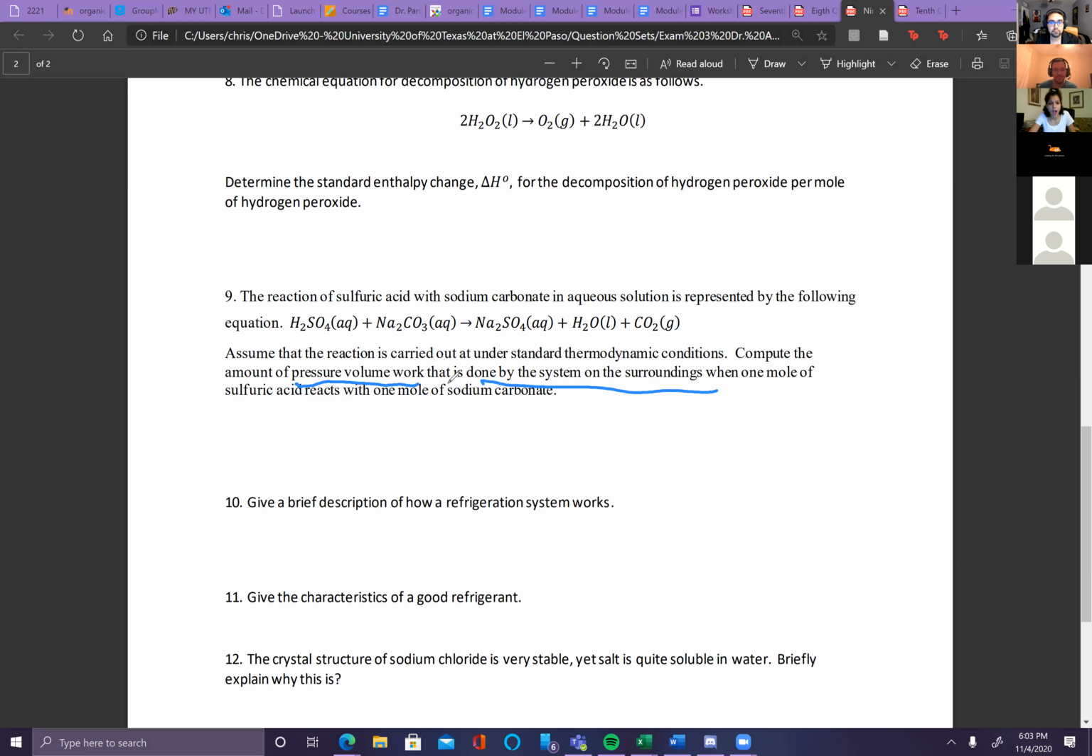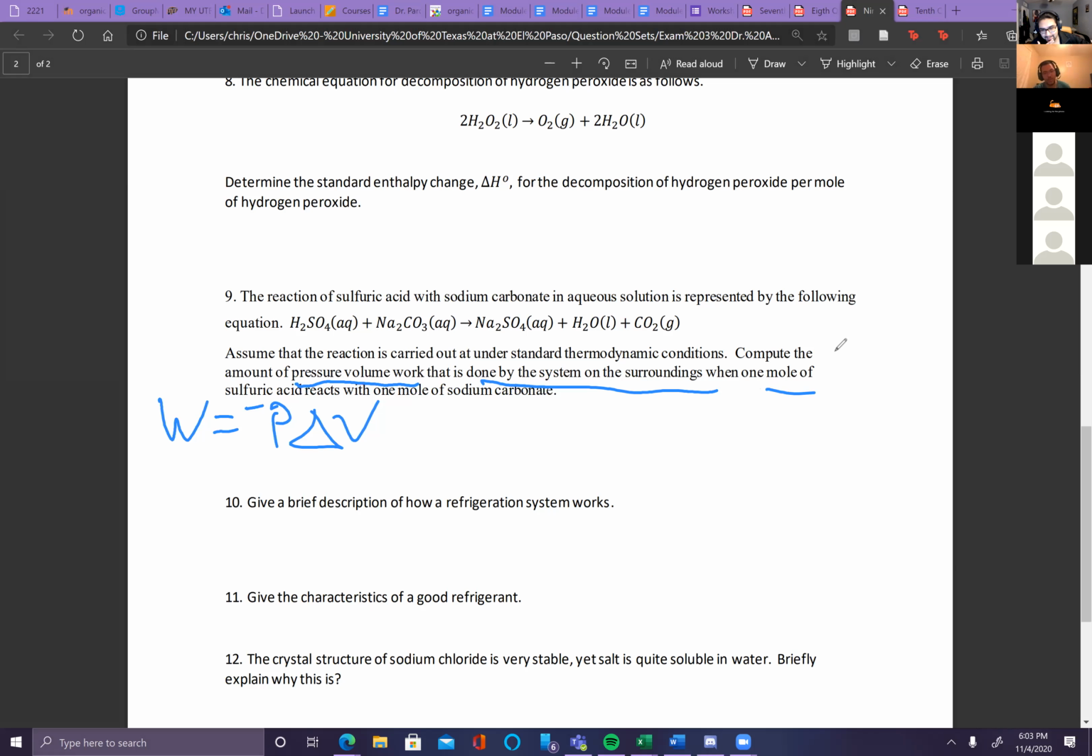Is it W = -P delta V? Beautiful. Yeah. So we'll be using this equation, I'm assuming. So it says it's under standard thermodynamic conditions, and it's asking for 1 mole of sulfuric acid and 1 mole of sodium carbonate, right? So